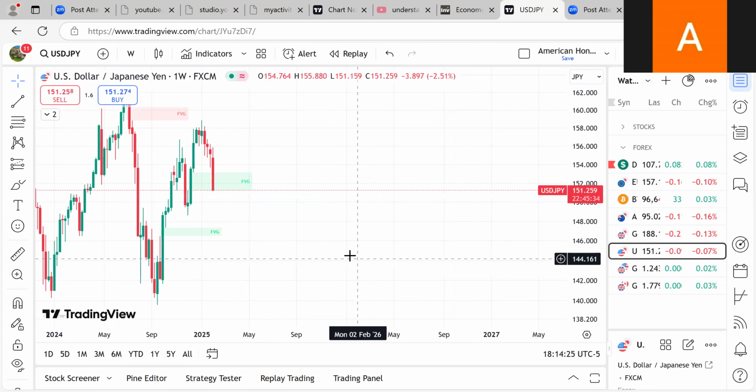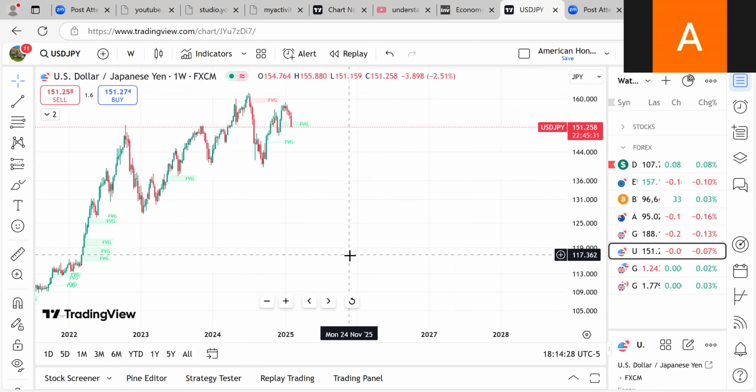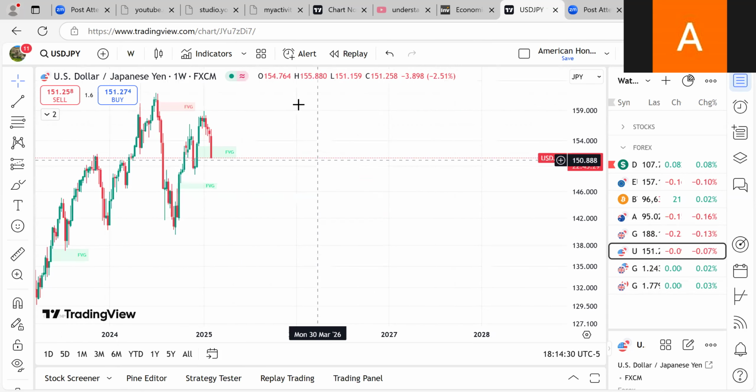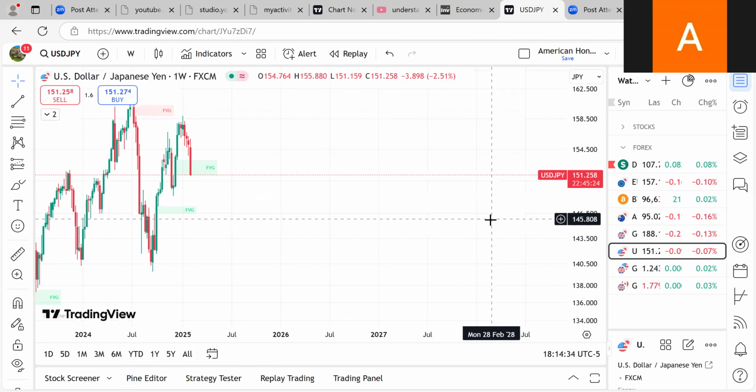But with that being said, guys, we should also note that some pairs like EUR/JPY, for example, are kind of exotic pairs. What they do is that how you calculate it is